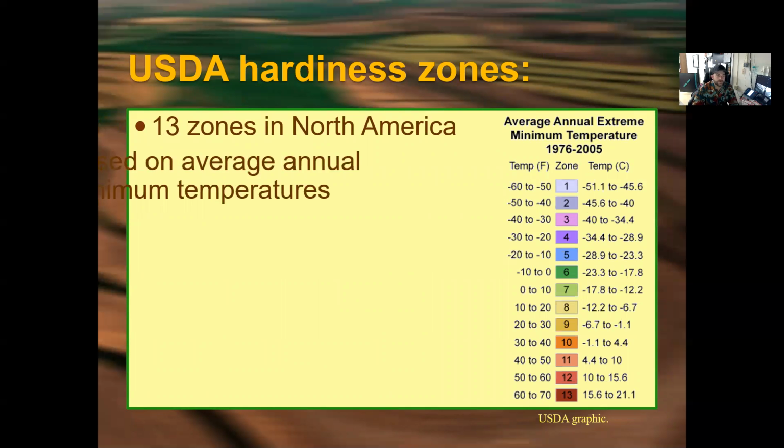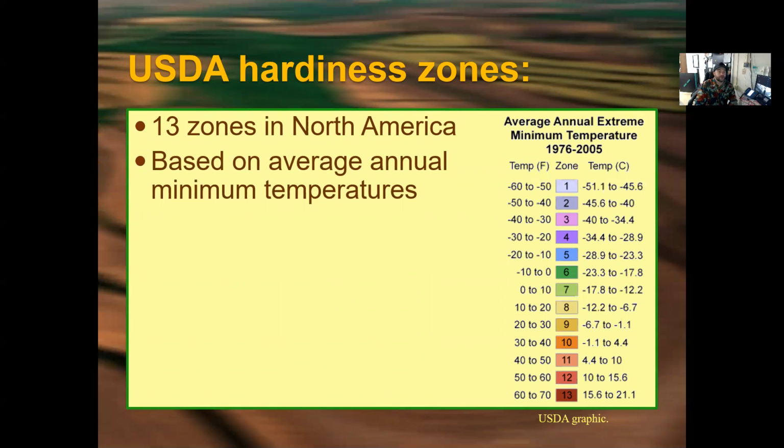Our U.S. hardiness zones, we have 13 of these in the United States. They're based on average annual temperatures. Here in Pennsylvania, our plants usually simply survive in about the 3 to 8 or 9 range, and that's pretty much the range that we live in. If you have anything less than -40, then you might have a harder time getting this to grow. If you have anything higher than 40 to 50 degree temperatures over time,